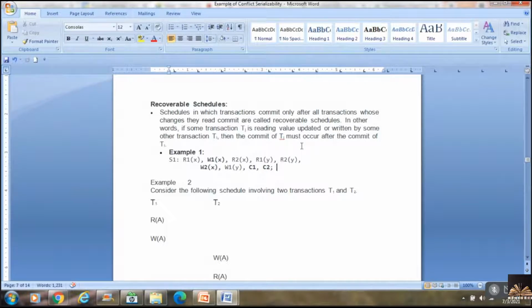I think there was a problem with this in concurrency control: the dirty read problem. If you remember the concept of dirty read, I'm talking about a dirty read.